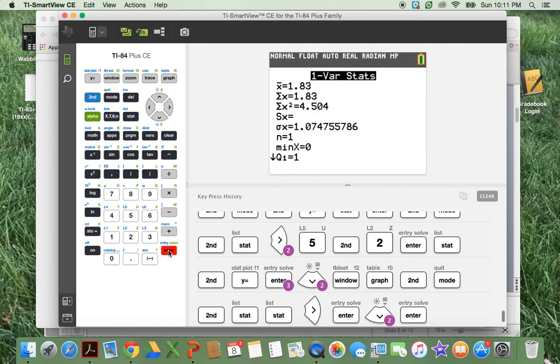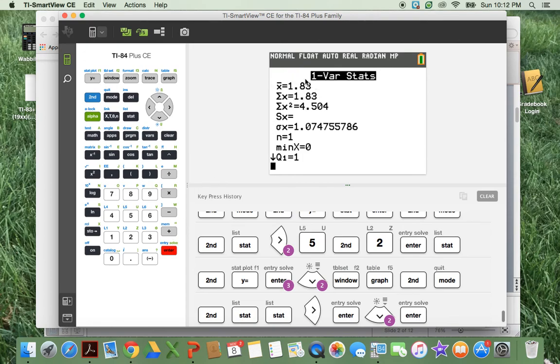Okay, so here we come up with two things, x bar, which is our mean, and sigma x, which is our standard deviation. So in terms of this problem, if I'm going to interpret my mean, I'm going to say if we were to randomly select many, many games in which Cobb batted 5 times, the average number of hits would be the 1.83